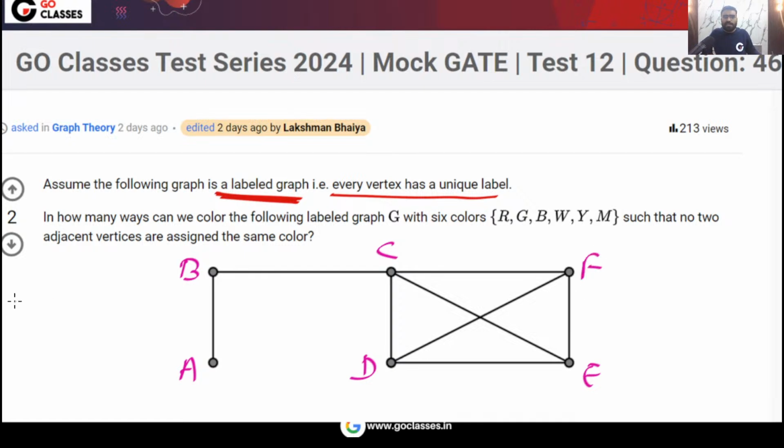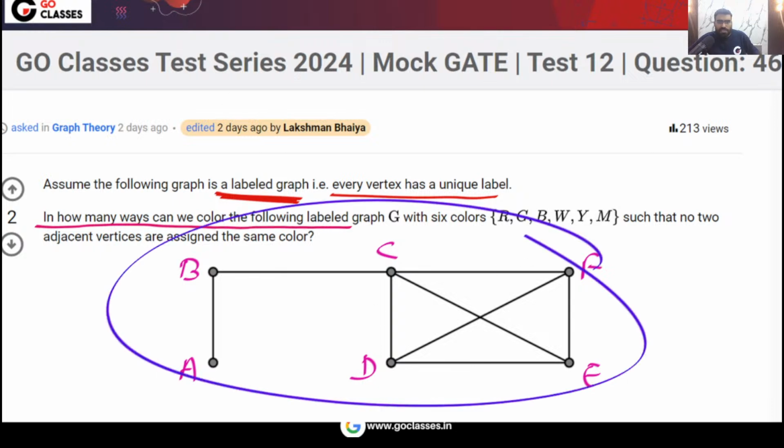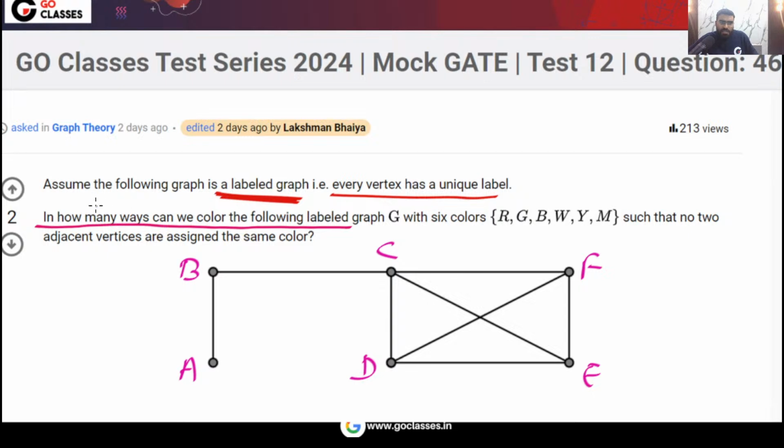This is the graph that is given to you. In how many ways can we color the following graph? The question is asking, in how many ways can we color it with 6 colors such that no two adjacent